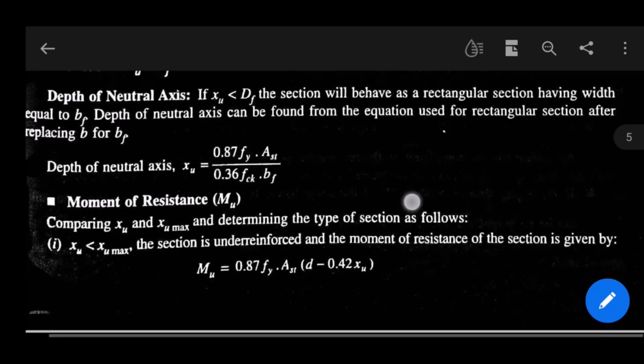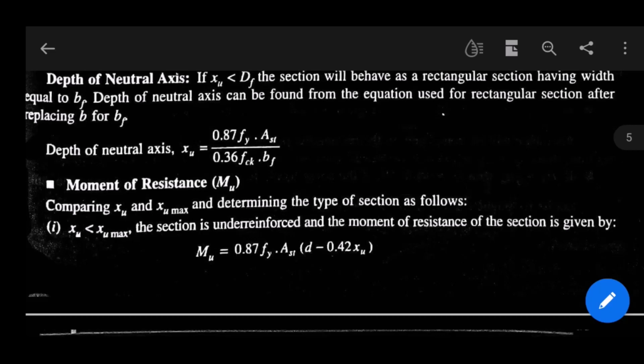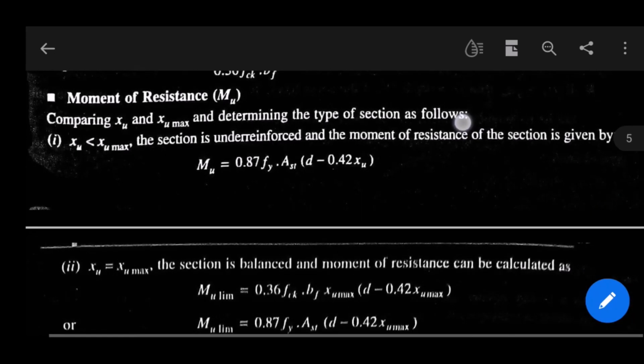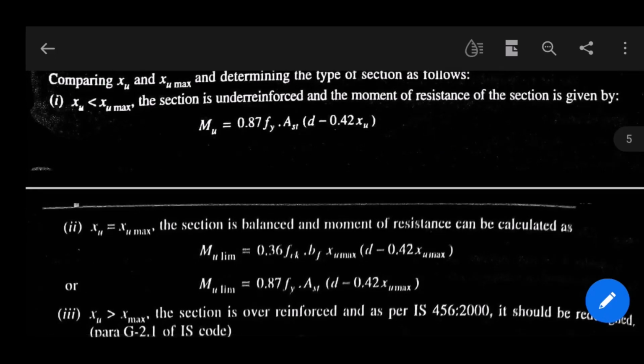Now the moment of resistance, Mu. Comparing XU and XU max determines the type of section as follows. If XU is less than XU max, the section is under-reinforced and the moment of resistance of the section is given by Mu equals 0.87 FY AST within brackets D minus 0.42 XU. This formula is also known to you. You learned it earlier in the rectangular sections video, the single reinforced beam video. This formula is taken from Annex G of IS 456-2000. Now, if XU equals XU max, that means the limiting value, the section is balanced and the moment of resistance can be calculated as Mu lim equals 0.36